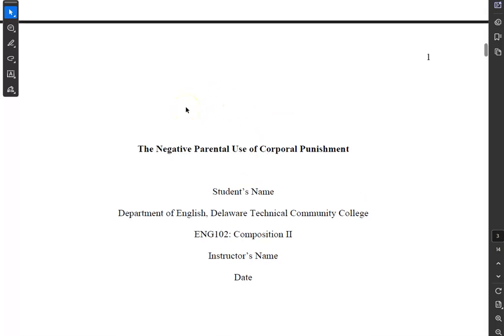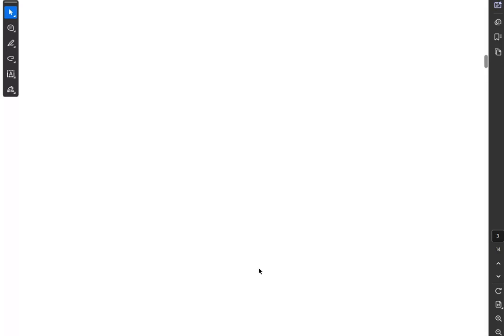This is what a title page should look like, my friends. I would like you to follow this. Title in bold, space. Your name, no space. Receiving institution and department, no space. Receiving class, no space. My name, no space. Date of what the assignment is due, okay? And then look, there's nothing else on that page.